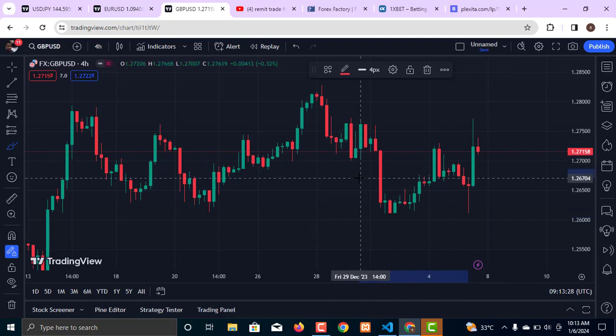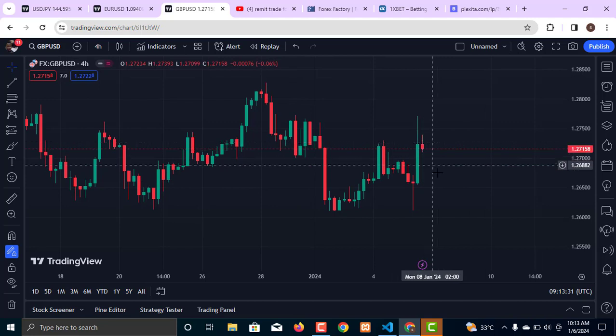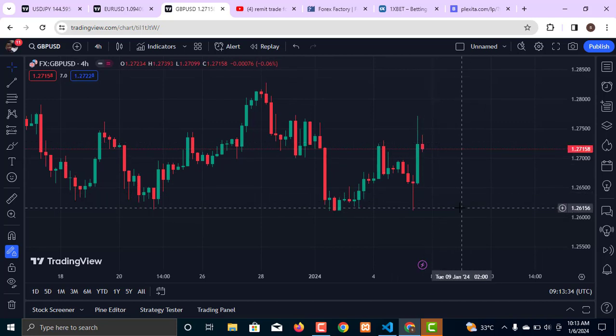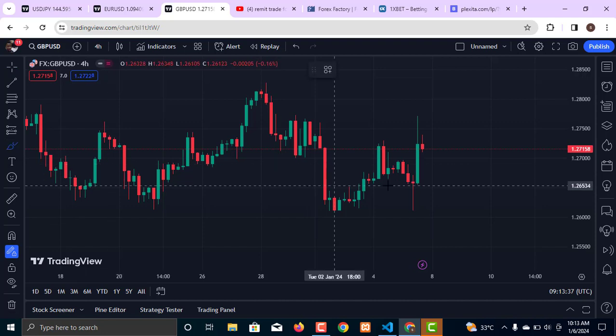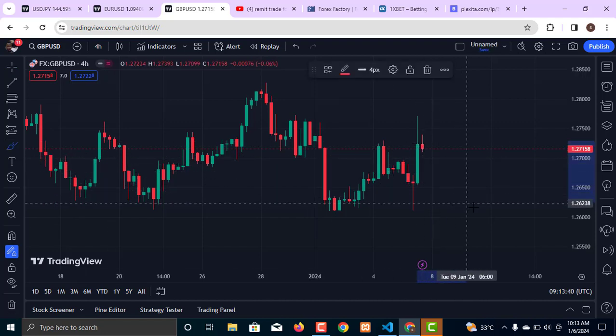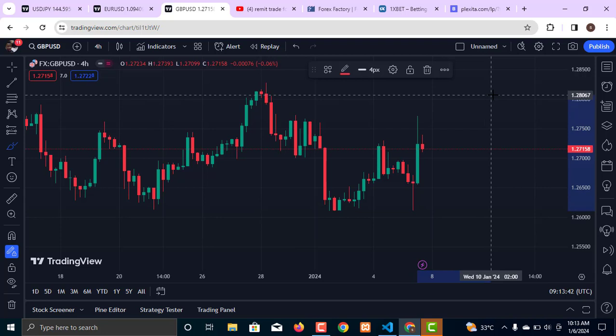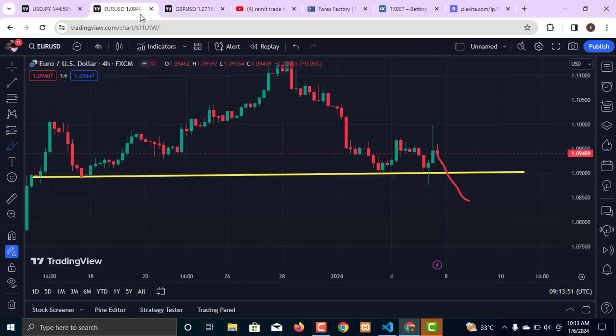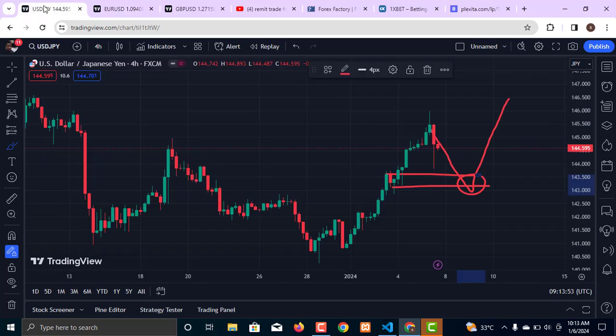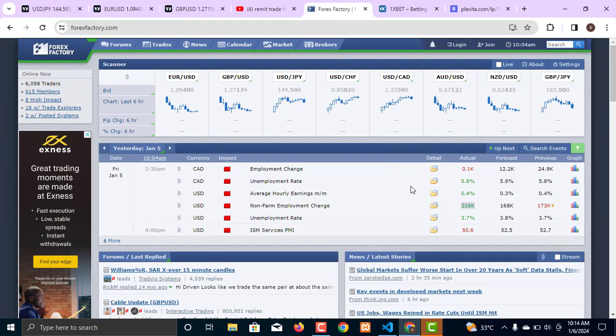So for GBP USD, the market is going to come back down, and then after that movement to the downside, look for a buy opportunity as well on this very pair. So the market is going to come back down a little bit before the next movement upward. This is what I am expecting and watching closely on GBP USD, Euro USD at this very point, and USDJPY. For USDJPY, the market is going to buy to the upside after this retracement. These are the various things you must watch on these various charts after the NFP that was released